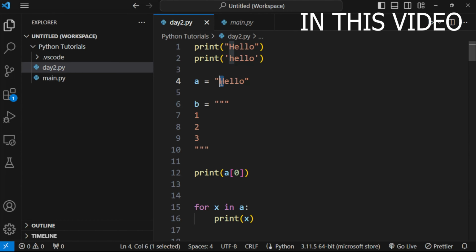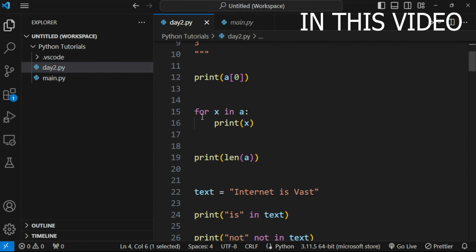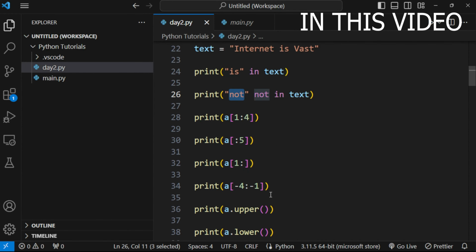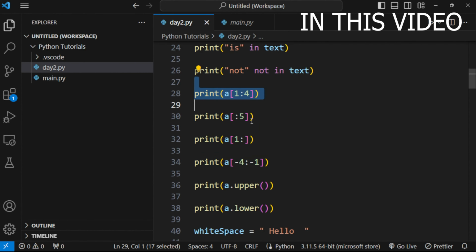And then indexing starts from 0, and to print all the values, use the for in loop, and to get the length, we use the length operator, and to check if a value is present in this text or not present in this text. And we have these slices, that means to get the